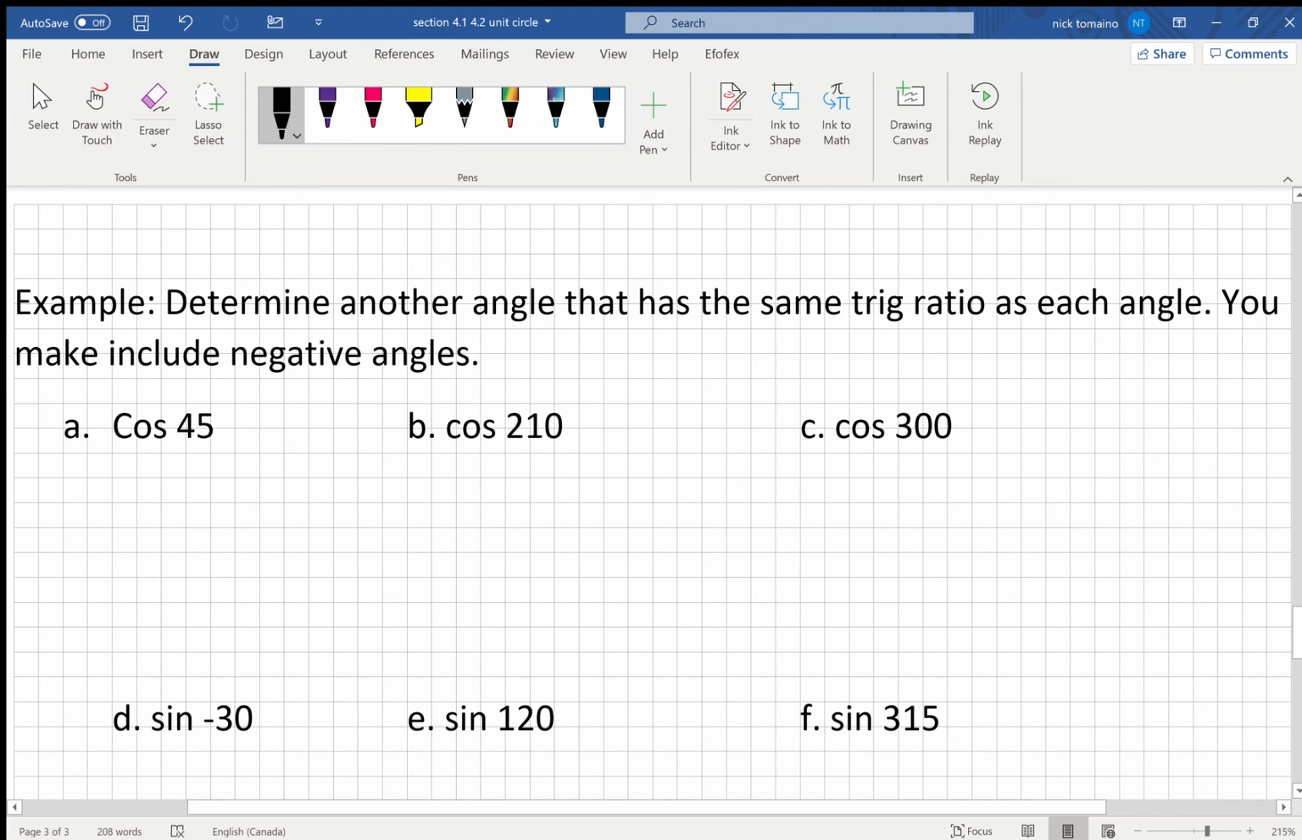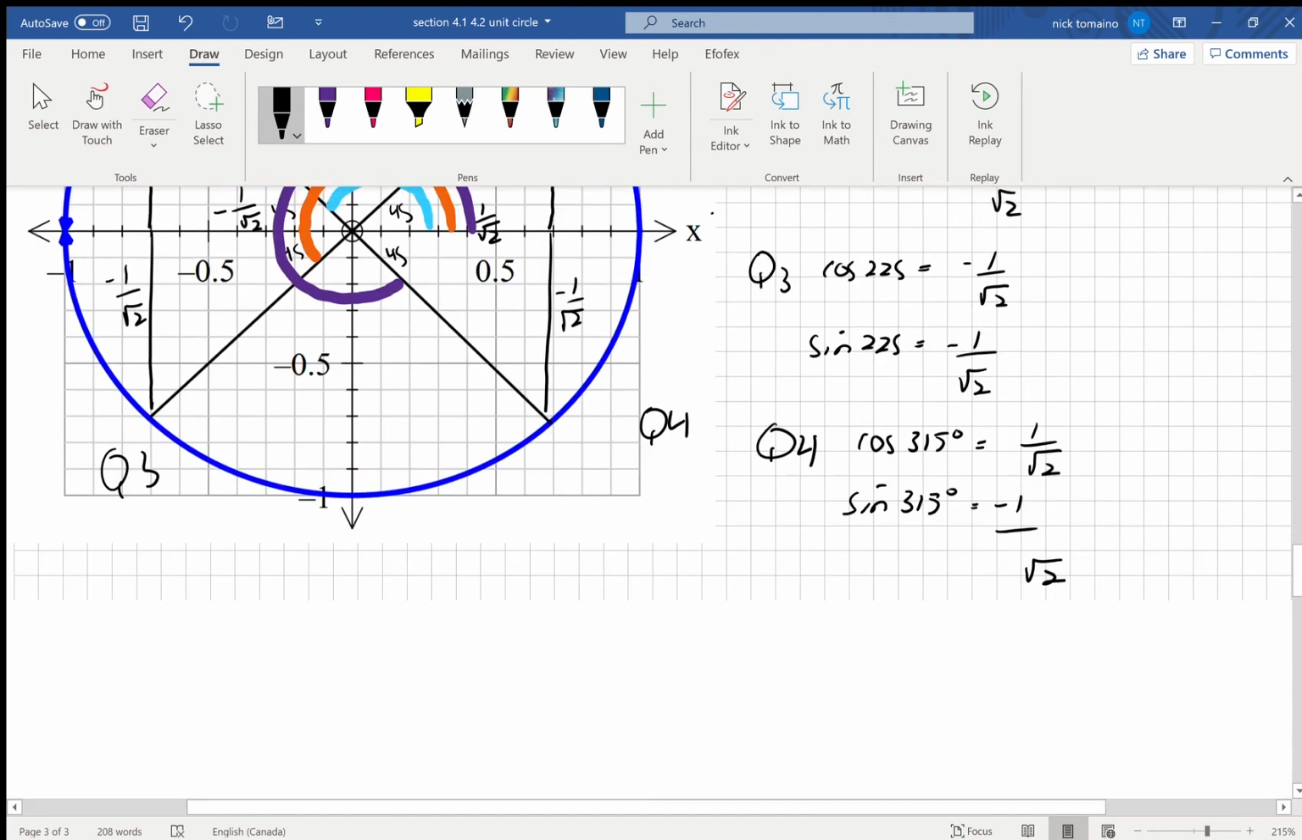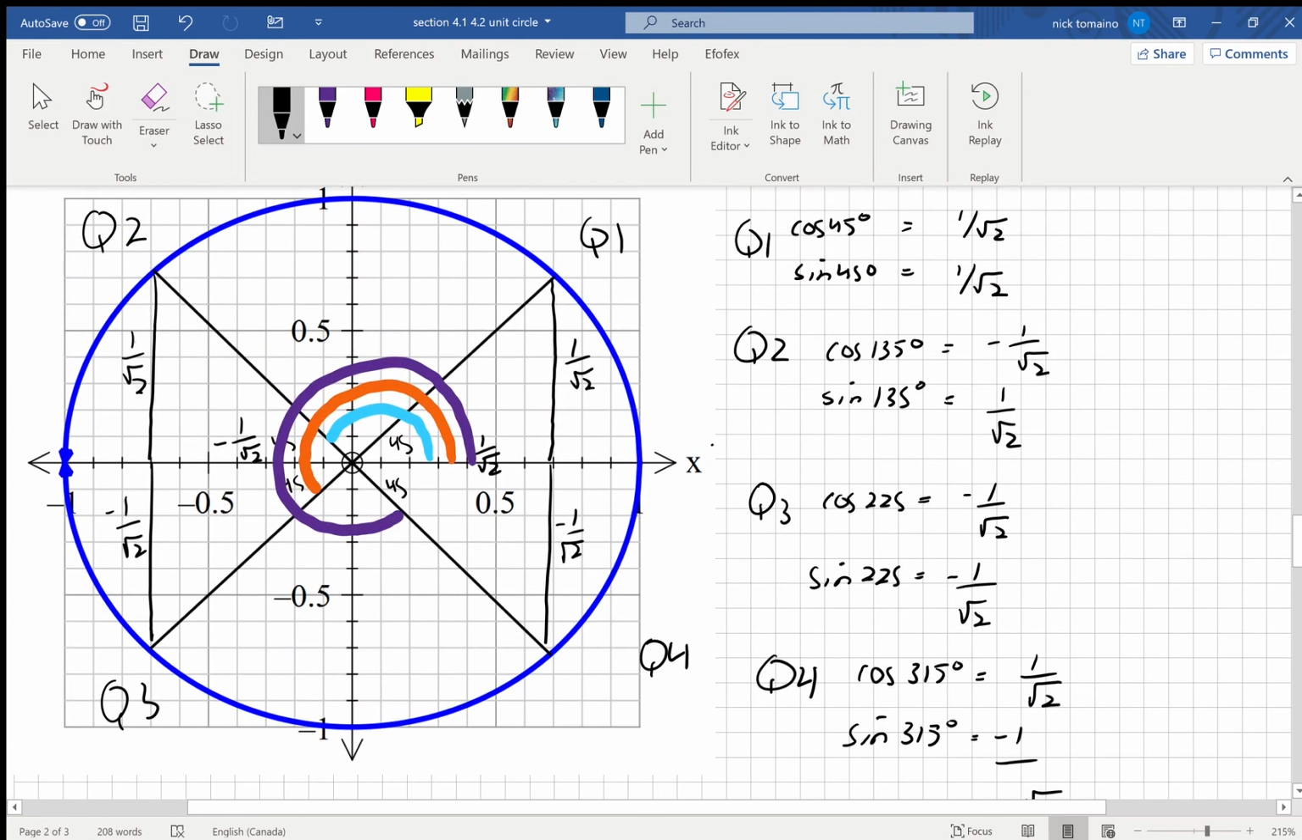Okay, so in this example I said determine another angle that has the same trig ratio as each angle, and you may include negative angles. So cos 45. Okay, cos 45 is 1 over root 2, so what other quadrant has a positive cos? That's a positive x value. That's quadrant 4, so it's going to be